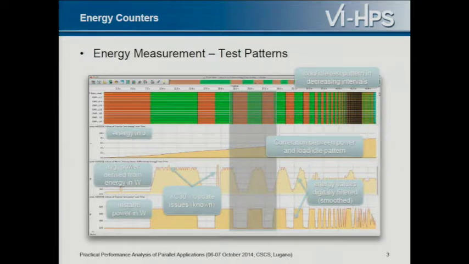Second is the average power derived from this energy in watts, and it correlates fairly well with the test pattern. So if there is a load pattern here, we have a lot of power, and for a smaller load pattern, this power is also smaller. However, we see there are a couple of update issues, for example. On the Cray system, the power information is only updated with, I think, 10 hertz. Don't pin me on that. I remember it to be 10 hertz. So we won't see anything more detailed than that, for example.